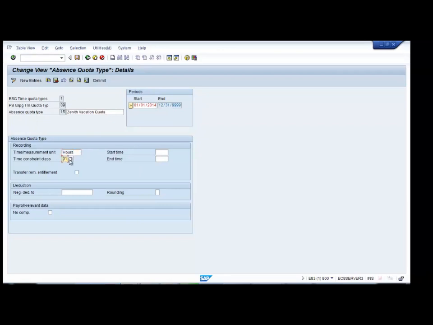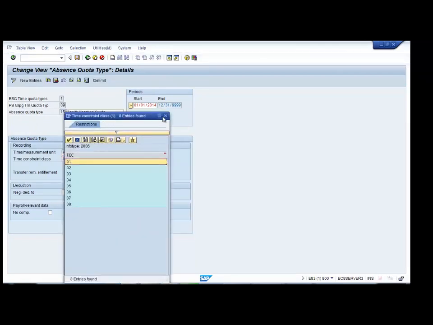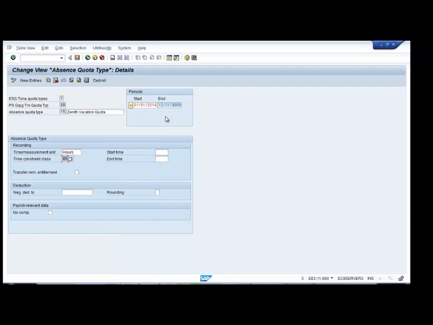Now what is time constant class? This is a very important topic here. Time constant class means how the system reacts if a person is applying two different sorts of absence types on the same day. Think of it. You must have applied tomorrow for vacation and then you just forgot. And then today you are again applying for sick leave for tomorrow, and the system knows, hey, this guy already applied for vacation on this day, now he is again trying to apply sick leave on this particular date. So the system gives an error message because there is a collision of the records, two records.